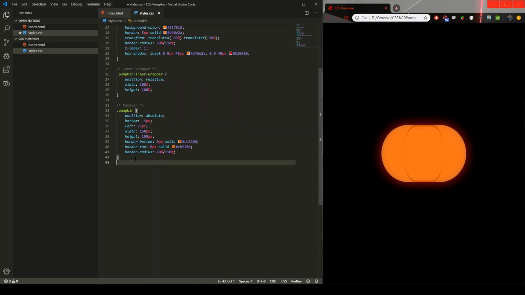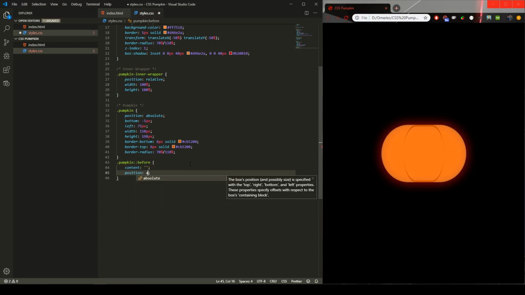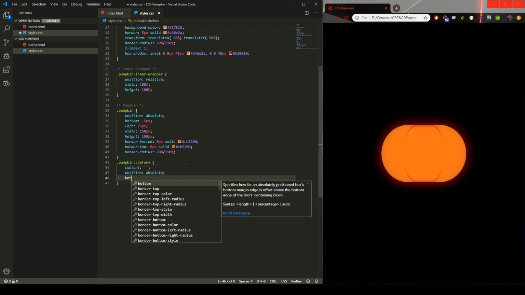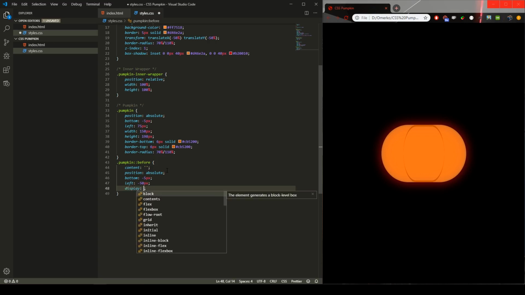So I will use also the same texture, pumpkin, but I will use before element on it, and the before element should have the content, but it will be empty. Position will be absolute. Well, the bottom will be -5. It is similar to the pumpkin texture itself. So left side will not be 75%. It will not come from here. It will be well -50%. So it should start somewhere around here. So -50 pixel, not percent. Sorry. I will display that as block,